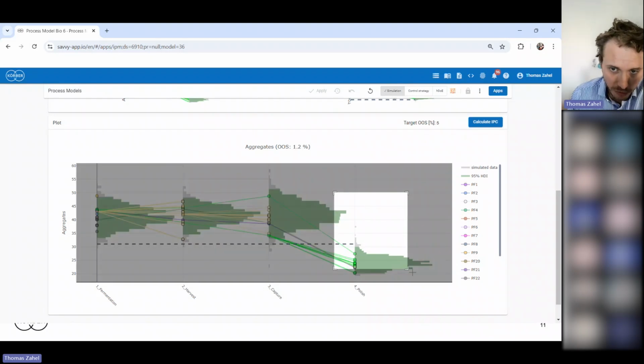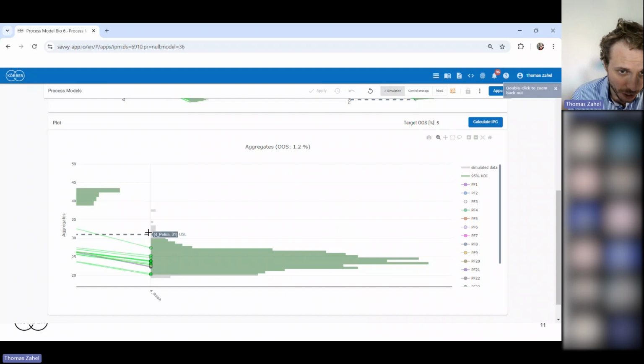And most interestingly, of course, is the distribution we achieve in terms of quality and product at the end of our process. So here we have our gray dashed line. This is the drug substance specification of 31%. And we see that a couple of the runs we simulate with this end-to-end model, like 1.2%, are outside the